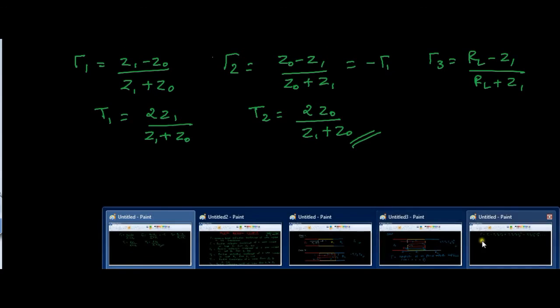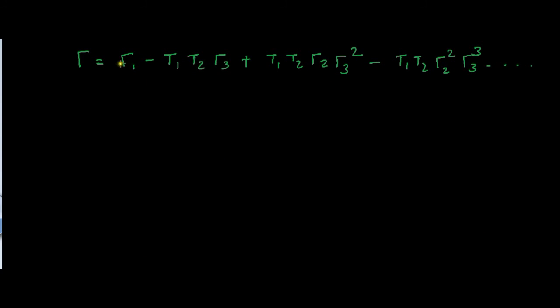reflection coefficient. So the total reflection coefficient is the sum of all these cases. I have calculated case 1, case 2 and case 3. So case 4 will be nothing but T1, T2, reflection coefficient 2 square, reflection coefficient 3 cube. So this we can write it as, I'm just simplifying now, just check it out. So I can write it as